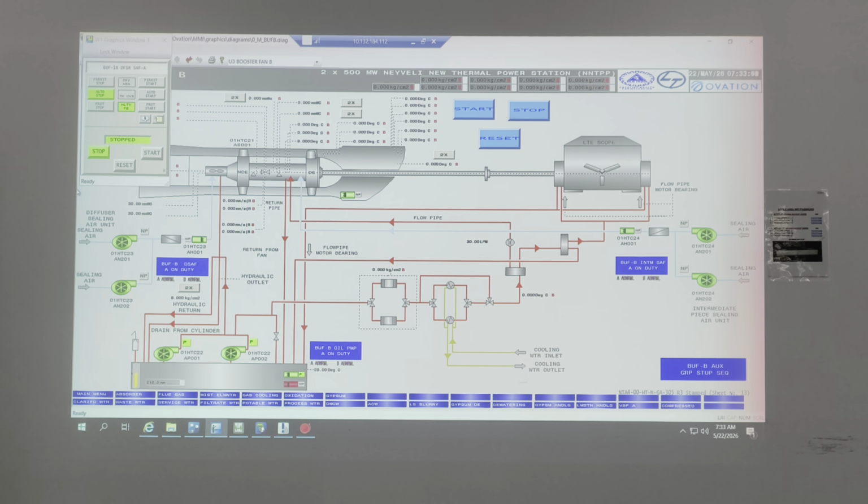So this is called faceplate or control window, you can say. Pop-up, faceplate, control window, everything is the same. Okay. Now you can see these are the process values. All are the process values. See pressure here, pressure here, temperature here, right? So these all are the process values.